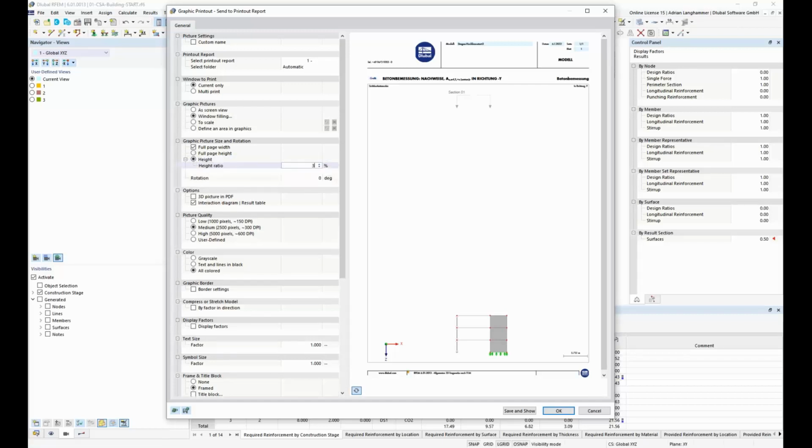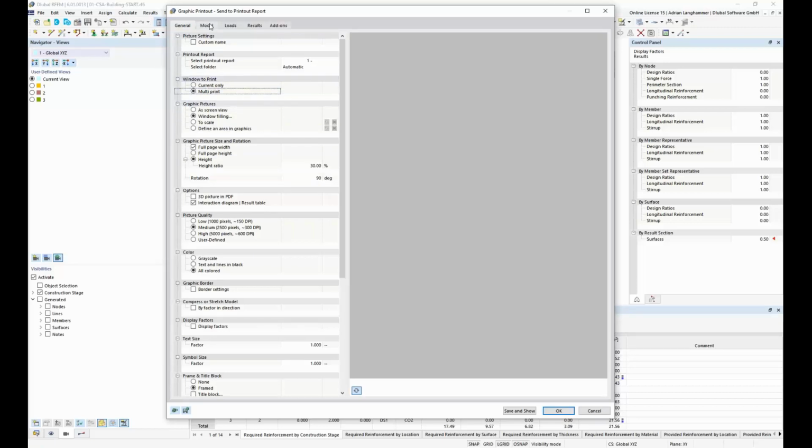I use maybe only 30%, and then, because it's better for the fitment, I can rotate it 90 degrees. Yeah, and then I have it defined for one picture, and now I can use the multi-print and